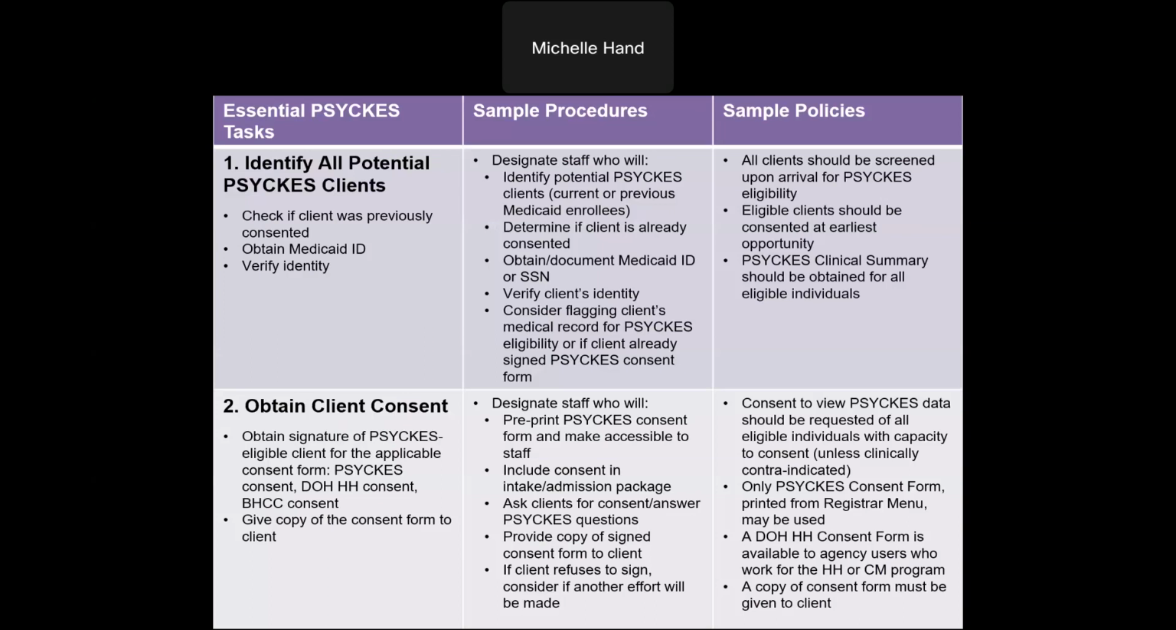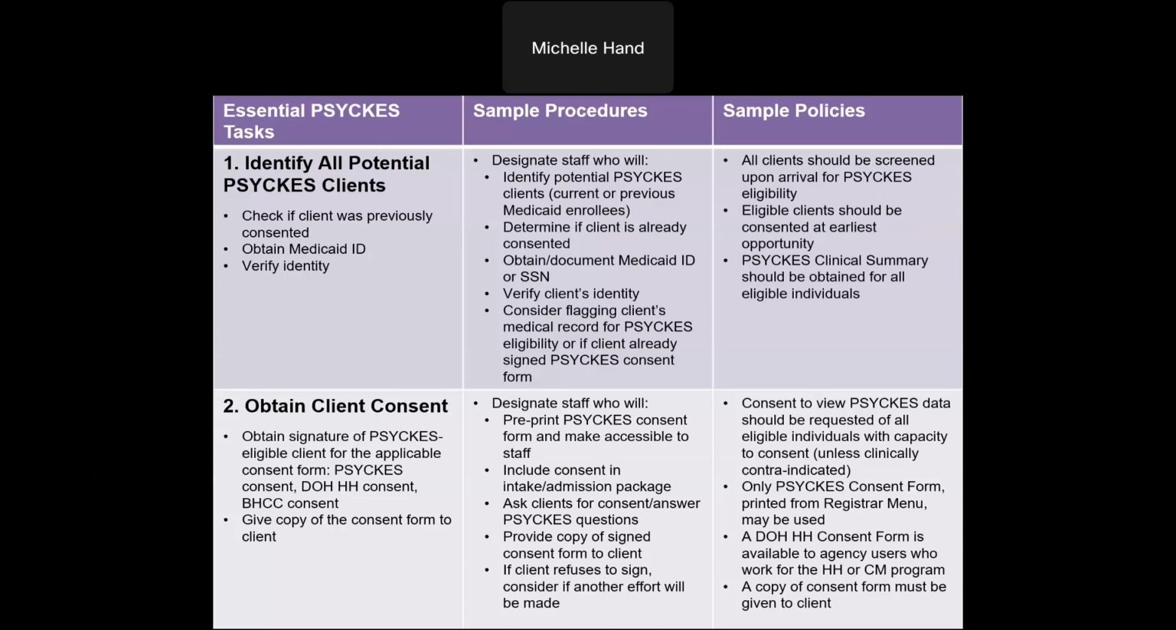The next task would be to obtain that client consent. So you'd want to designate staff who will pre-print that PSYCKES consent form and make it available and accessible to other staff members. You'd want to include that consent form in the intake or admission package, ask clients for consent and answer any PSYCKES related questions, of course, and then provide a copy of the signed consent form to the client. And think about if the client refuses to sign, when would another effort be made to obtain a signature